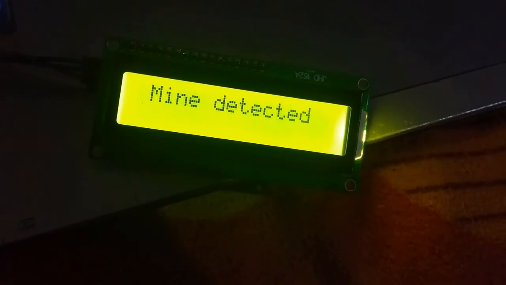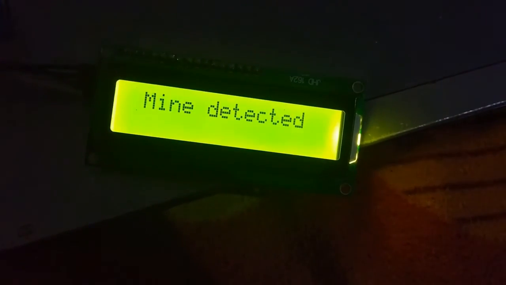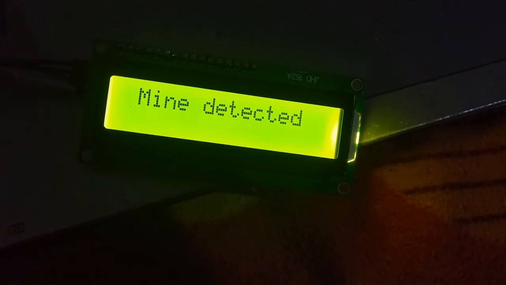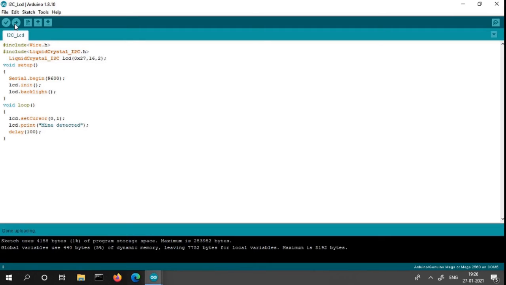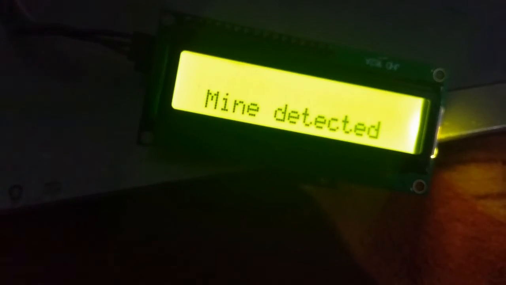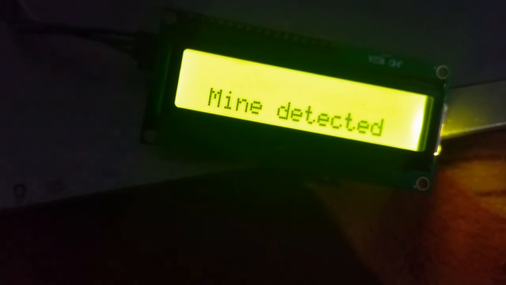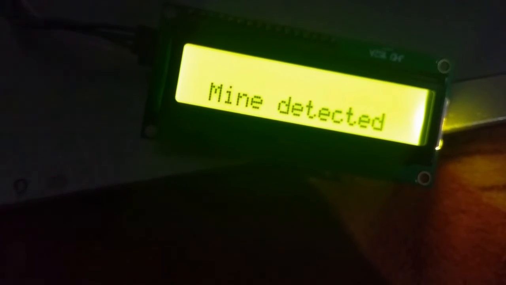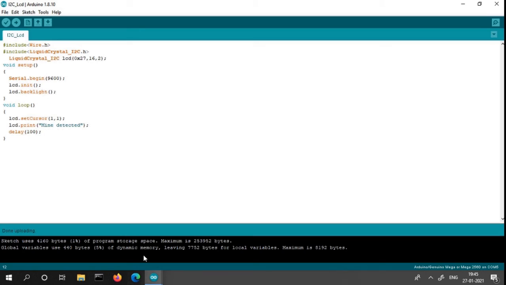Okay, now we are going to adjust the position of the cursor. That means the LCD printed data, Mind Detector, will appear in different positions according to the cursor. Now I put 1, 1. Then we can see Mind Detector is in the down position. That means the position of the printed data is changed.